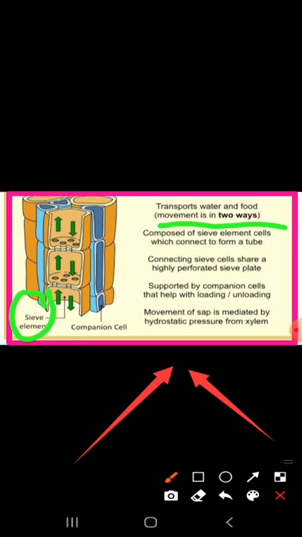Then the last cell is phloem parenchyma. Phloem parenchyma cells store substances. And if certain specialized parenchyma cells are attached to sieve cells, then they are called companion cells. They are called companion cells. Xylem and phloem together are called the vascular bundle of the plant, and these tissues extend from the tip of the root to the tip of the leaf. That is all about the phloem.